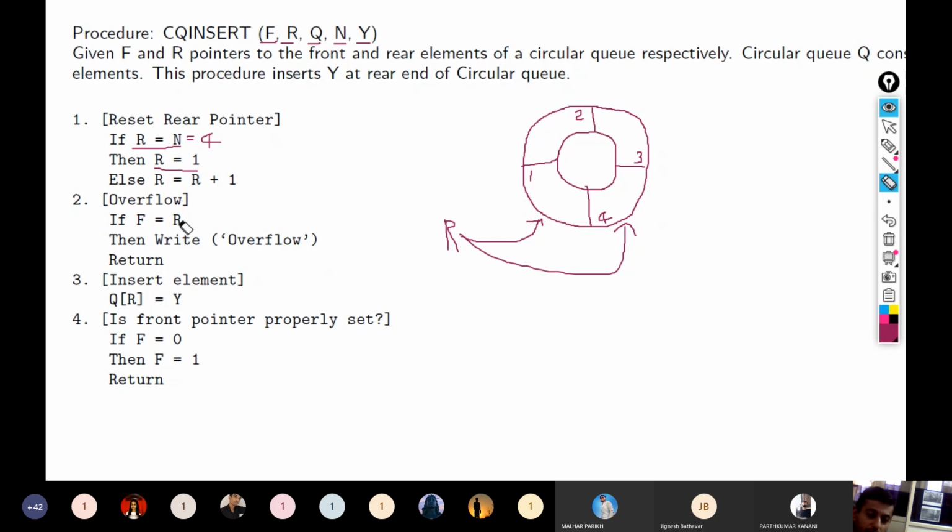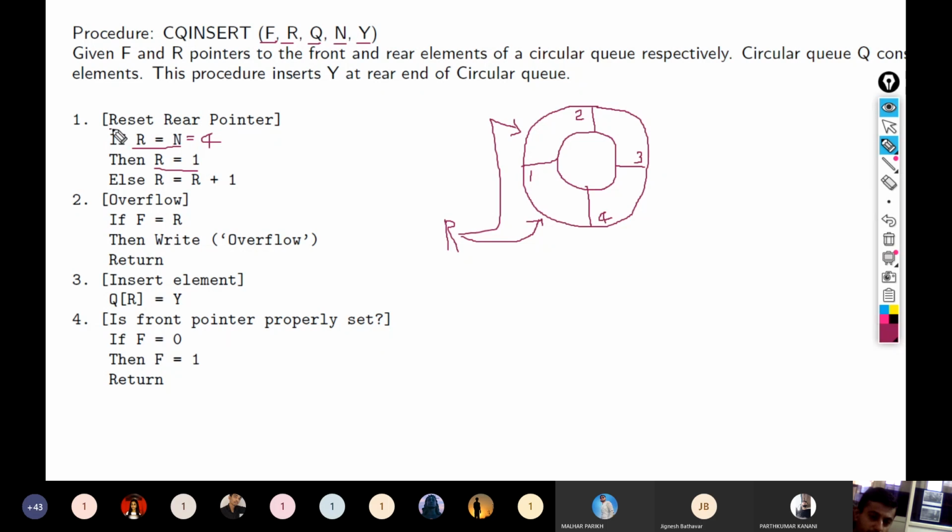Otherwise you simply increment r by 1. If the value of r is anything less than n, it may be 1, 2 or 3, then you just increment it to the next location.